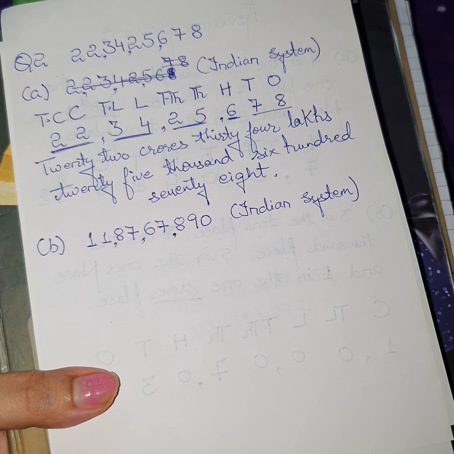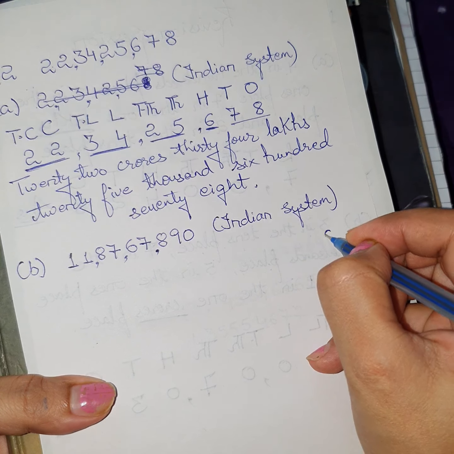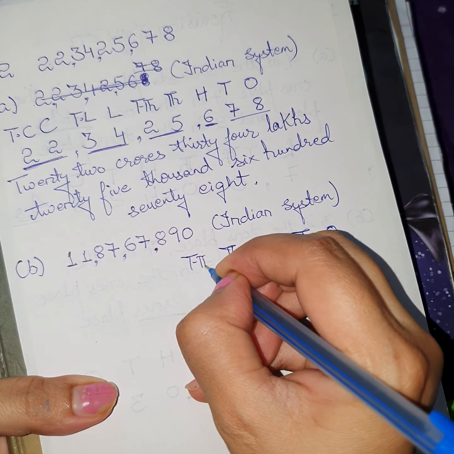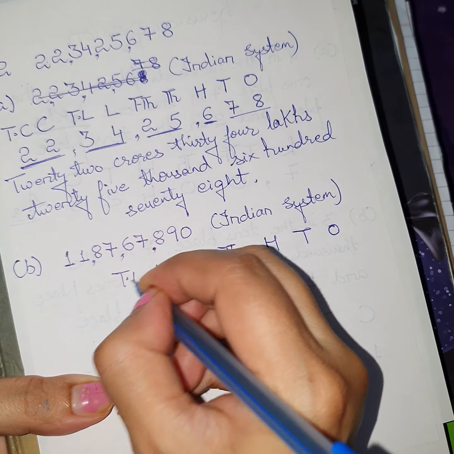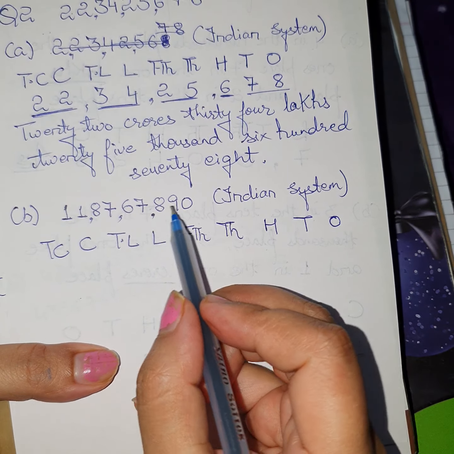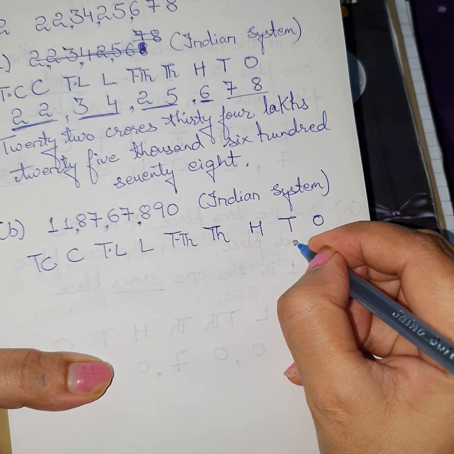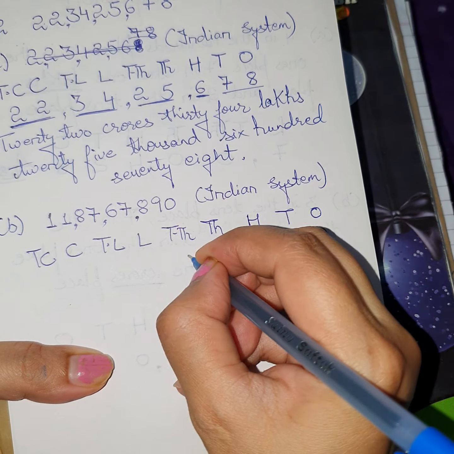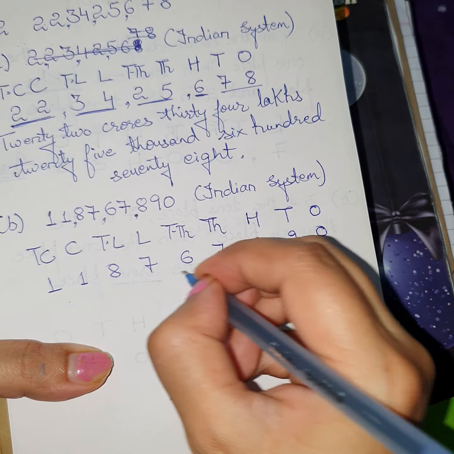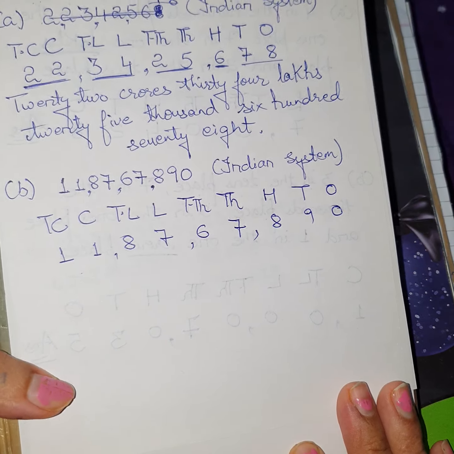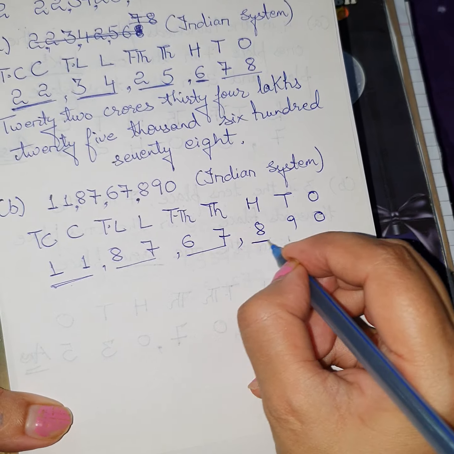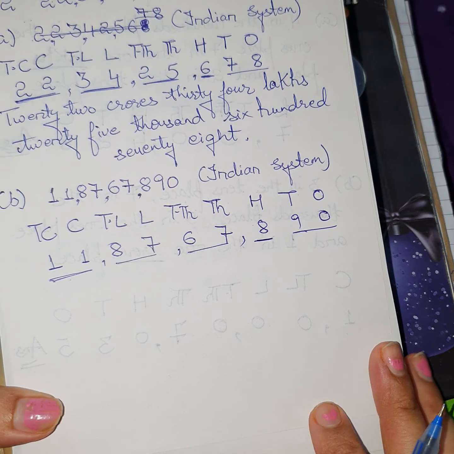So we will put the values in the place value chart like ones, tens, 100, 1000, 10,000, lakh, 10 lakh, crore and 10 crores. Okay. Now I am arranging it in the place value chart from the back side. 0, 9, 8, 7, 6, 7, 8, 1, 1. Put the comma. Now start writing the number name. Again these 2 together, these 2 together, these 2 together. This is single and these 2 together. Like this we have to read it.